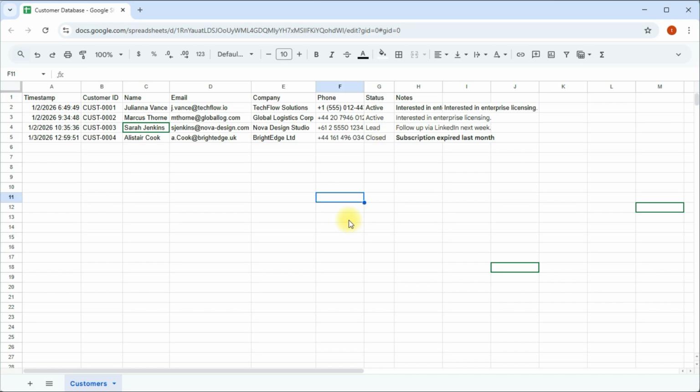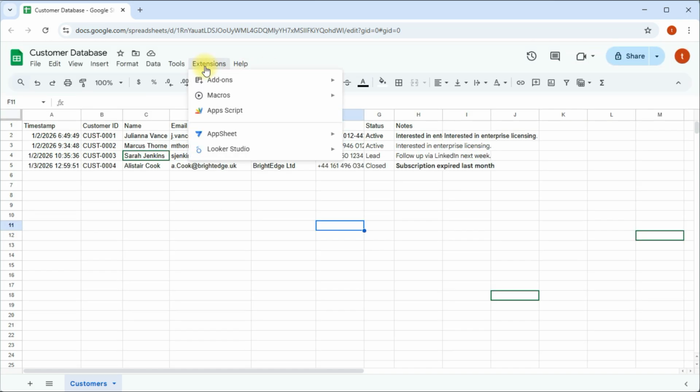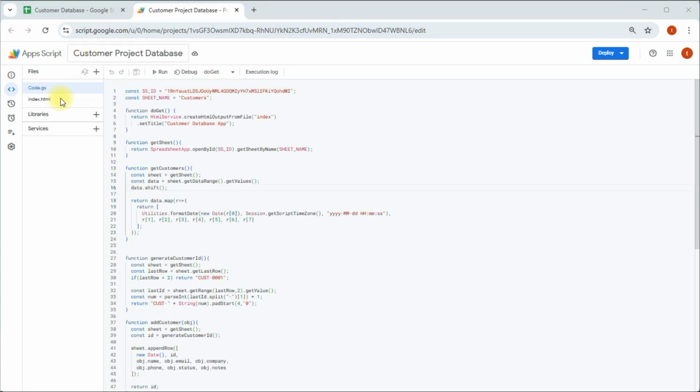Now that our database is ready, it's time to bring it to life. To do that, we're going to head over to the extensions menu and open the Apps Script. Here, we'll write the backend logic to connect everything together.